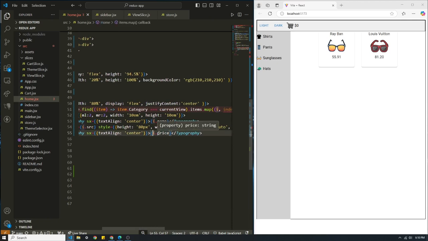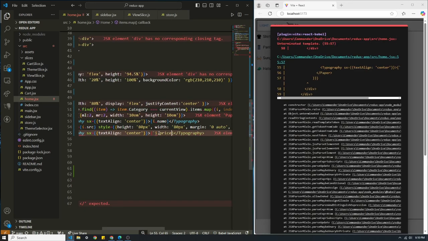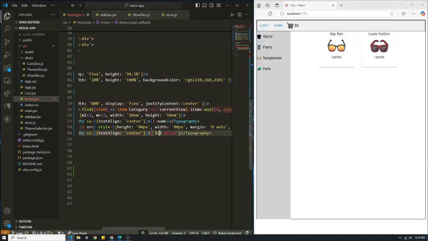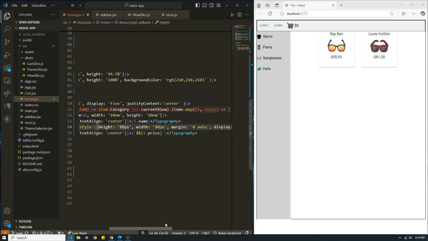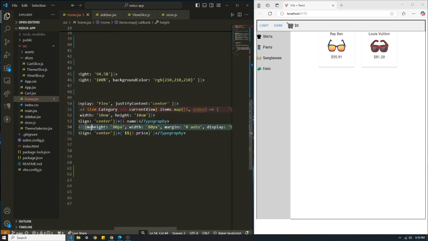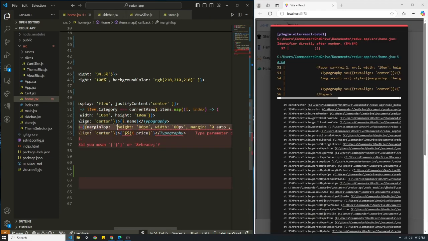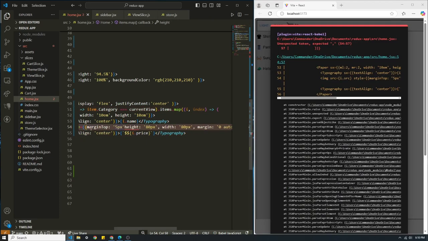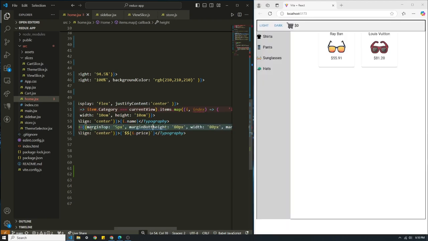So in our price, we want to have our dollar sign. We don't want to just have the price showing up like that. So we need to build a string template. Pass our variable into our brackets so that it treats it as a variable, and then add the dollar sign. We could probably give it a little bit of margin so that it's not right up on top. Actually, we'll do it to the icon because it's in the middle. So I'm going to give it margin top of 5 pixels and margin bottom